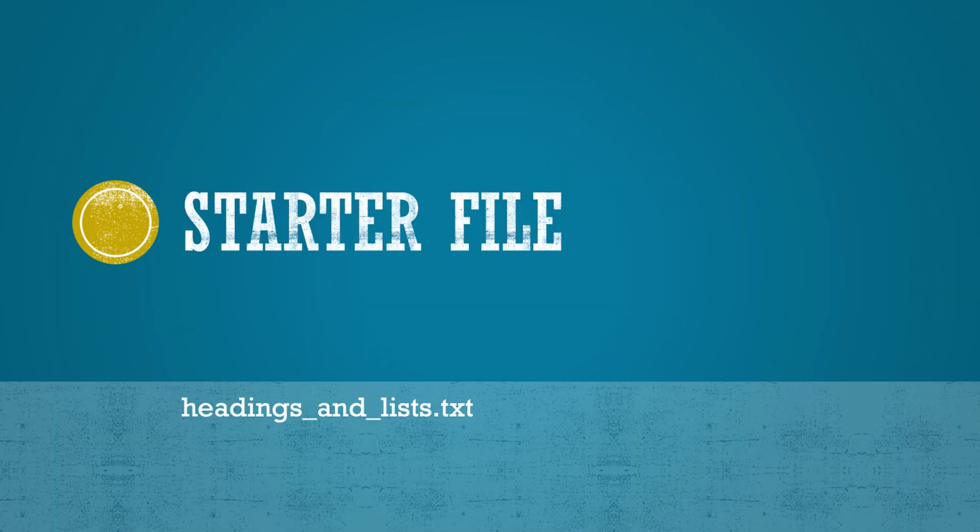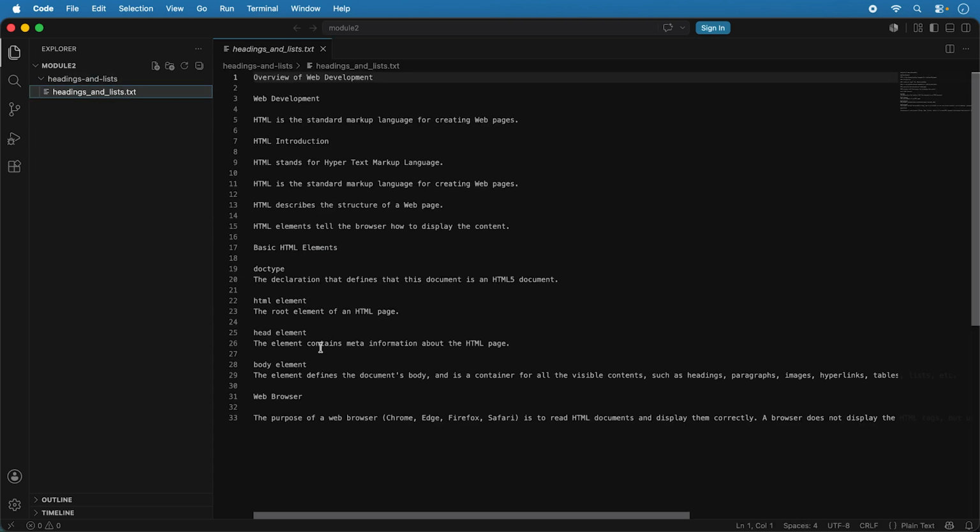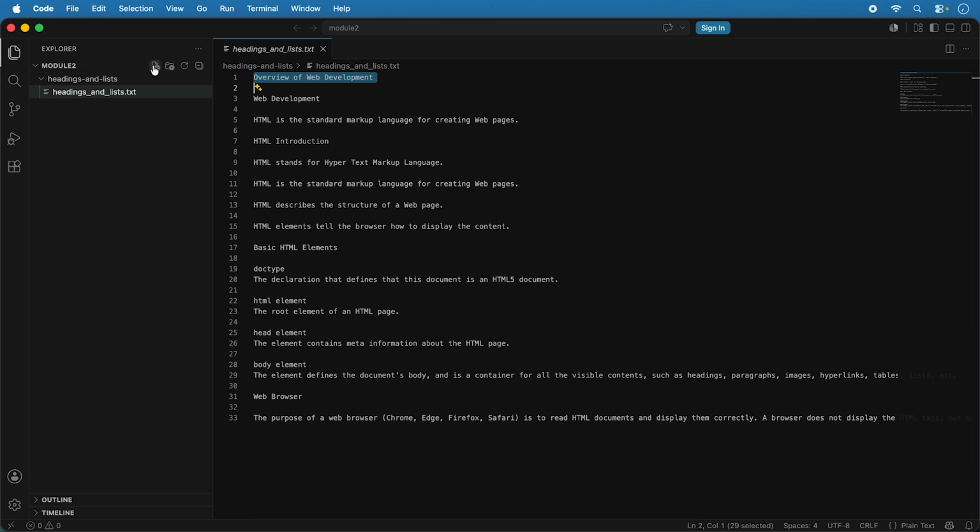Let's take a look at the text file and see what we got. Looks like a lot of text. We'll take the first line for now. I'm going to click the line number and copy, which is Command-C or Control-C on Windows. Then, let's start a new file. I'll click on the New File button at the top of the Explorer and type